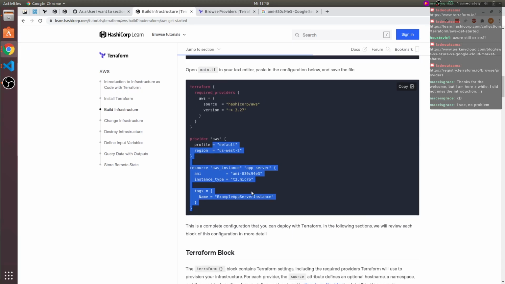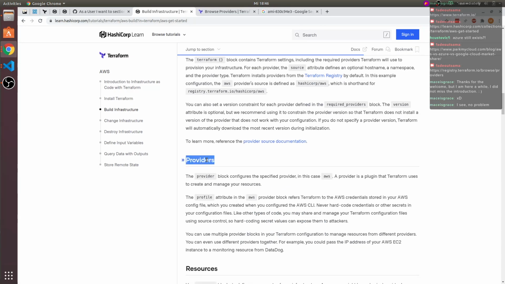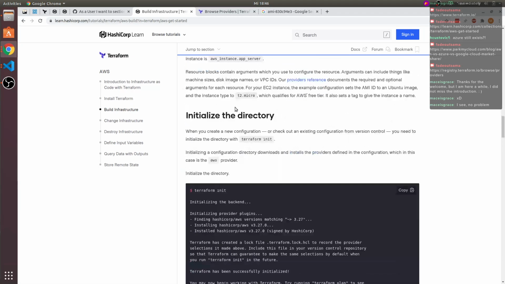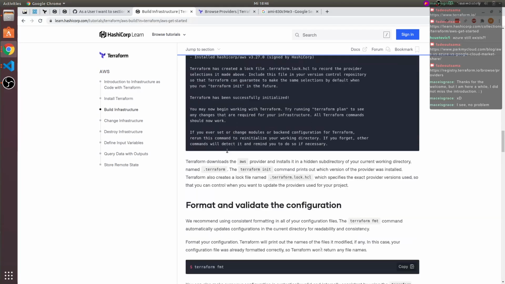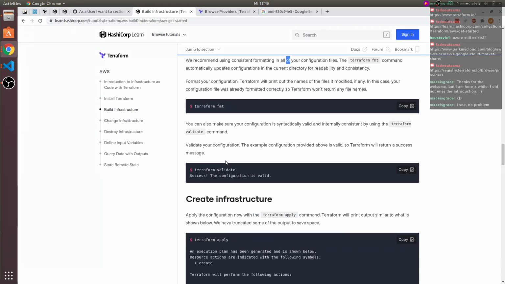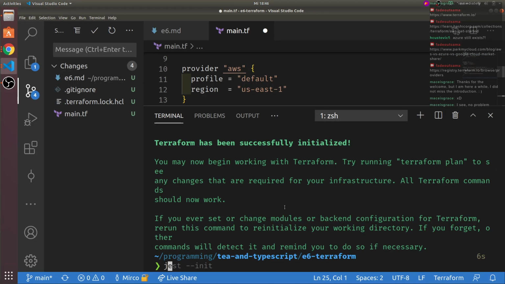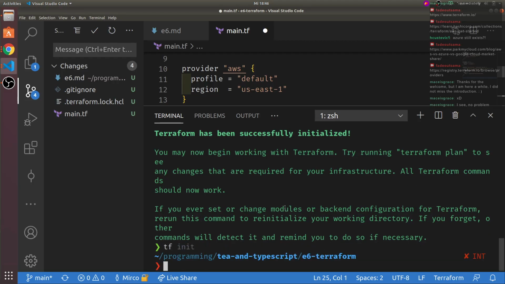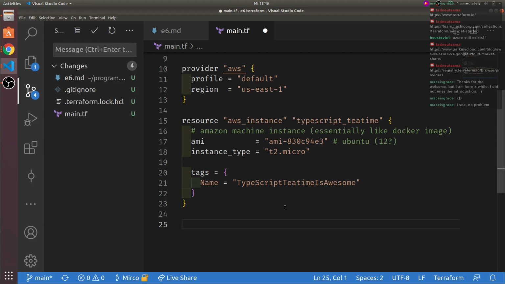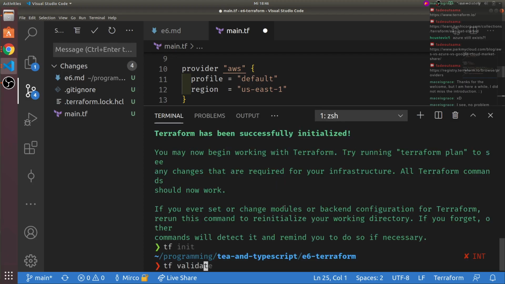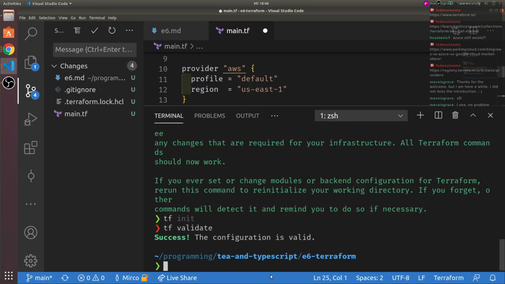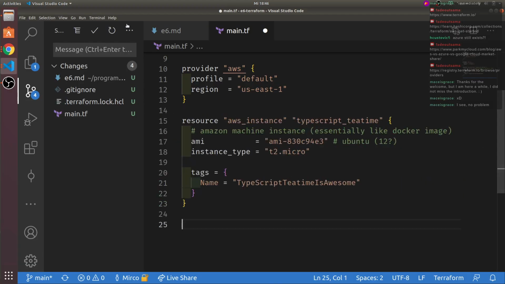Did I forget anything? So the Terraform block, the providers block, resources block, init, we did that. Format, we did that. We can also validate manually. Yeah, terraform validate. Configuration is valid.